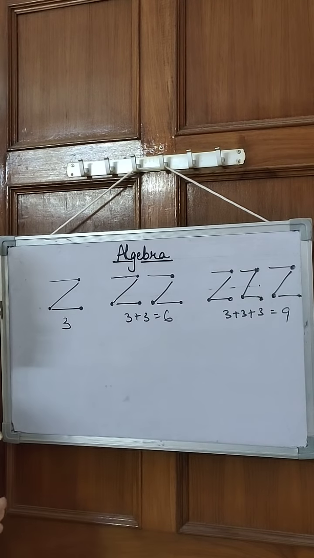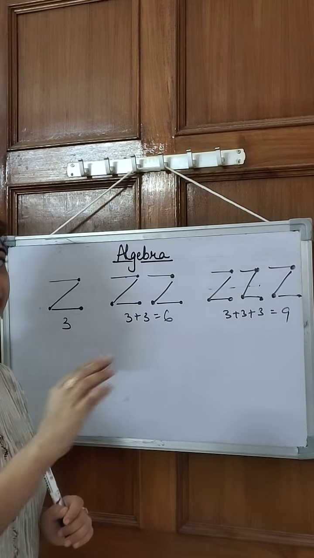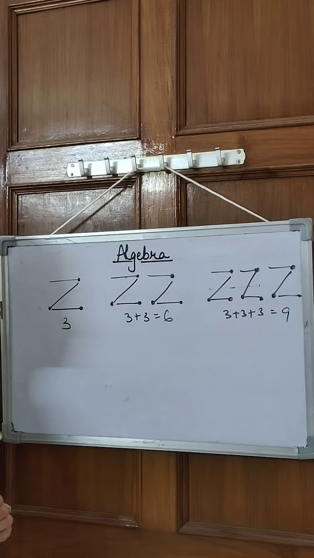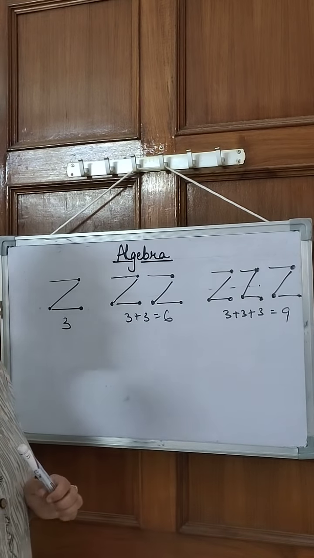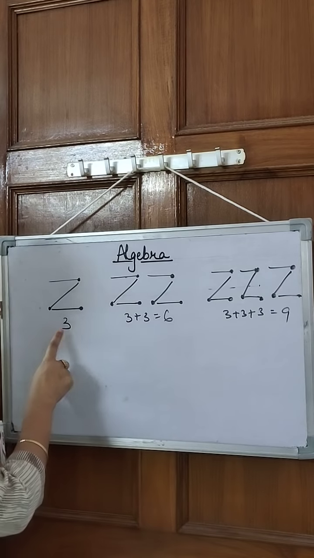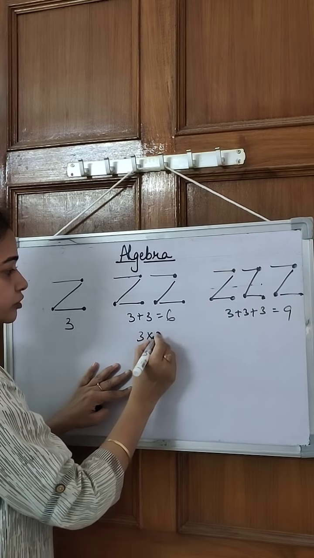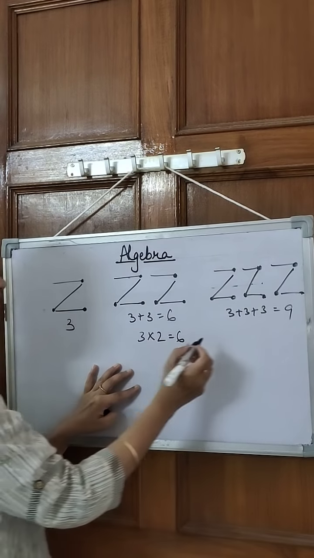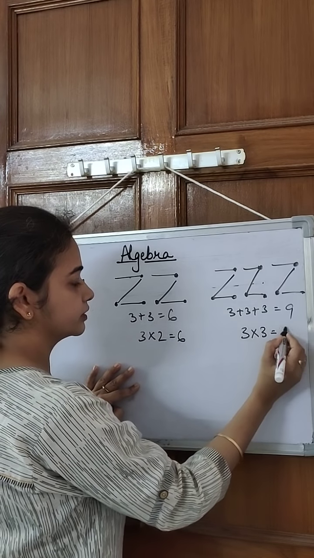So what they are asking you is, suppose they ask us to make 18 or 20Z, how many matchsticks are used? Then you are not going to make 20Z and count. You are going to use it logically. If for 1 it is 3, then for 2 it should be 3 into 2, 6. And for 3 it should be 3 into 3, that is 9.